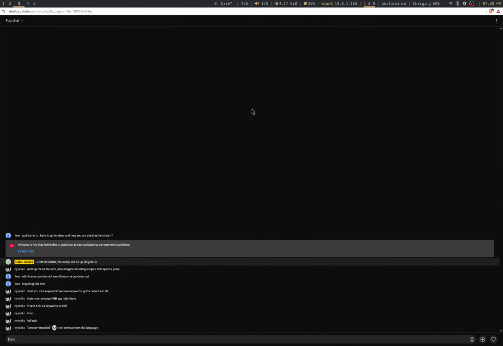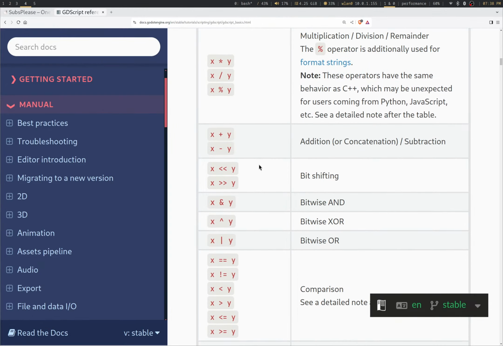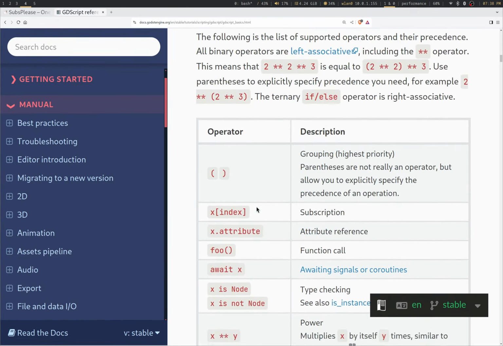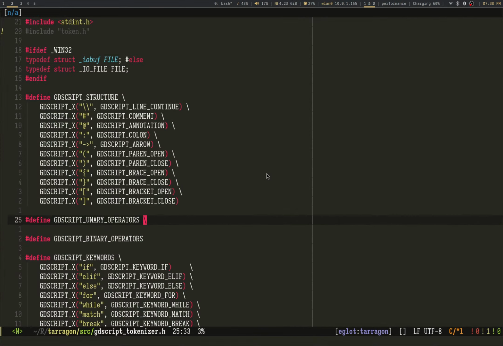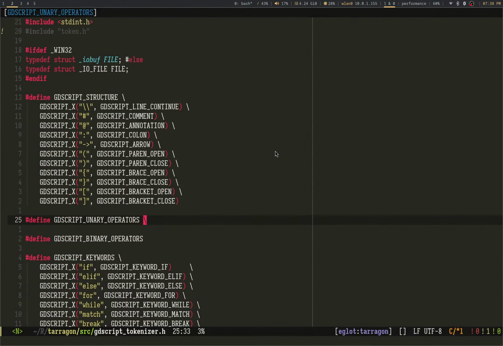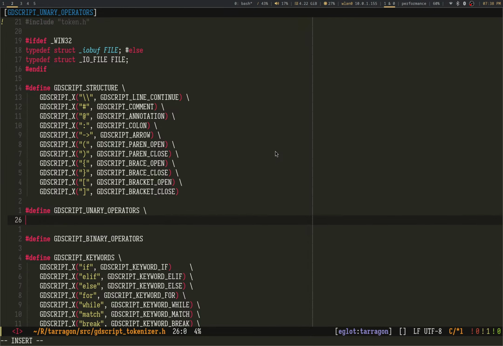Yep, that'll do. Let's see. Unrecommended. Yeah, then remove it from the language. Yep. All right. Now the fun stuff. Back to operators. This is also covered, so don't gotta worry about that. Let's look at our nice unary operators. I do think subscription, we covered that. What is the attribute? Yeah, we'll say it's kind of.